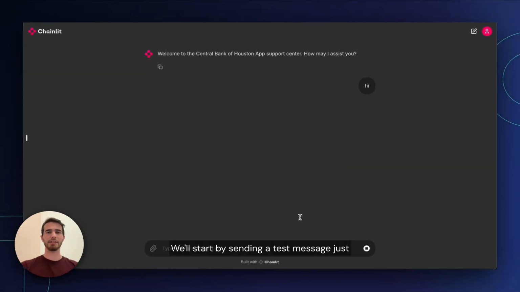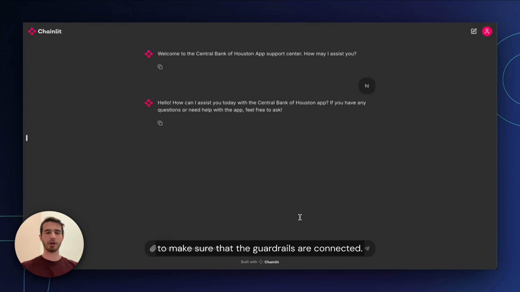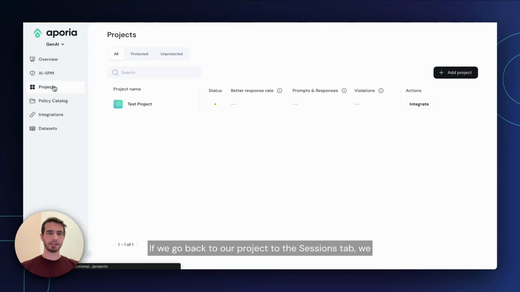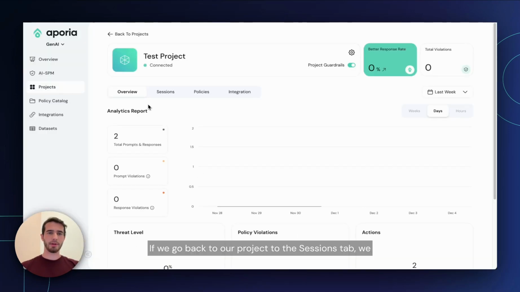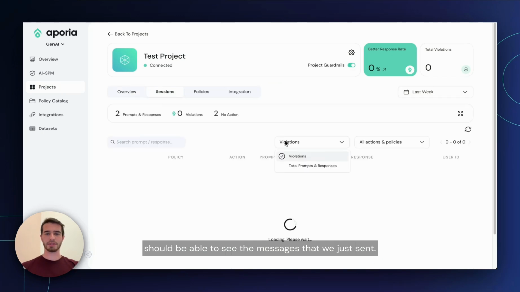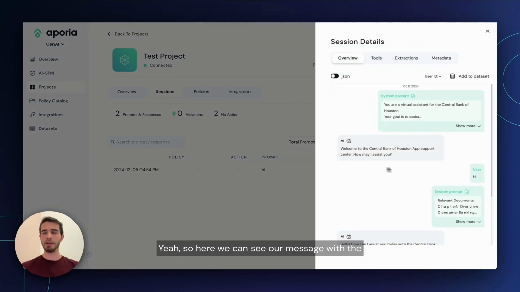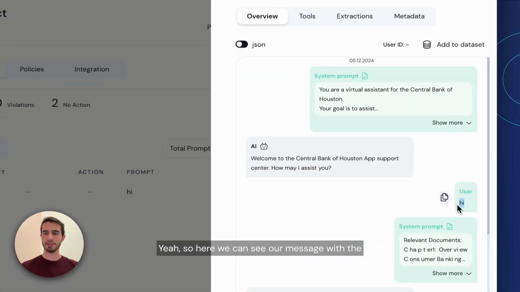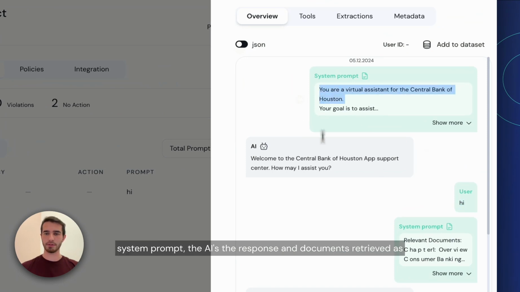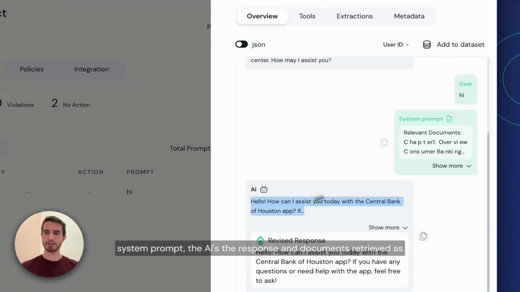We'll start by sending a test message just to make sure that the guardrails are connected. If we go back to our project, to the Sessions tab, we should be able to see the messages that we just sent. Yeah, so here we can see our message with the system prompt, the AI as the response, and documents retrieved